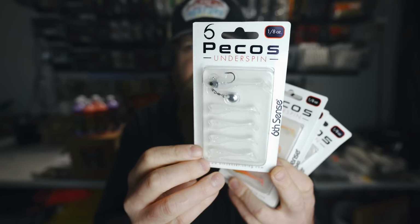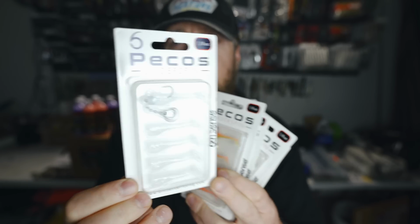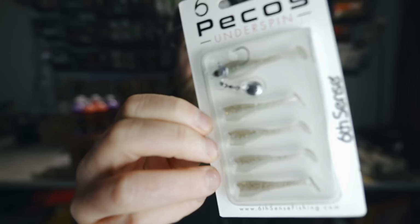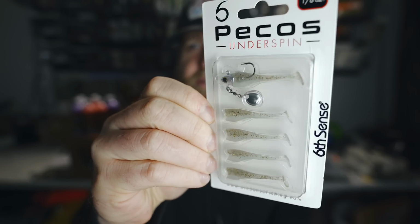That right there is the Pecos Underspin Ghost Ice Minnow. That's a 6th Sense staple, that Ghost Ice Minnow heat. What else do we got here? There's a Pro Chicken in the Pecos, pink and chartreuse, beautiful. Pro Shad, I think that might be the one that I fished and got a lot of bites on. Caught a bunch of quads, largemouth, bluegill. Didn't catch any crappie on that one that day, but I have caught some crappie on